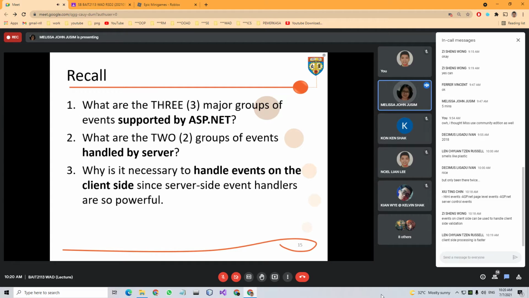We still need the client side to perform simple tasks because it's much faster, right, Russell? Like for visual effects, input validations, calculation, perhaps to convert currency, and like what Russell mentioned, it provides immediate response. Since it is handled client side, by the web browser, it is done locally. That's why it's much faster. Good job.